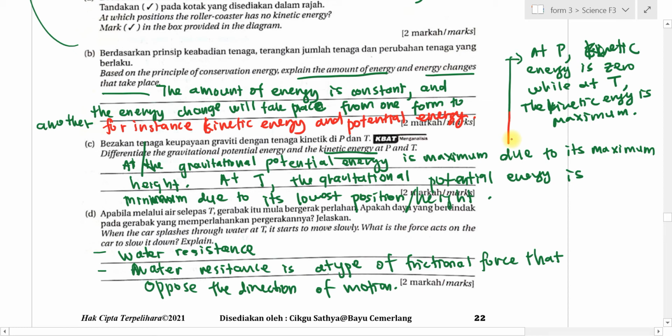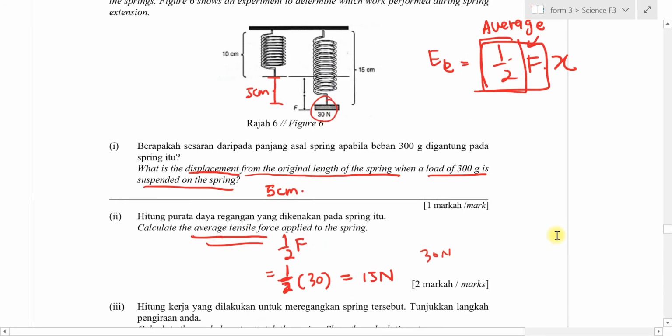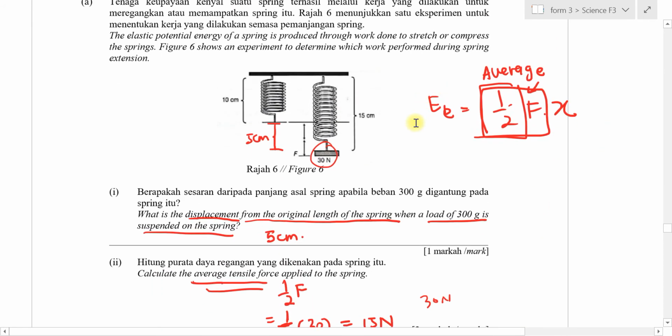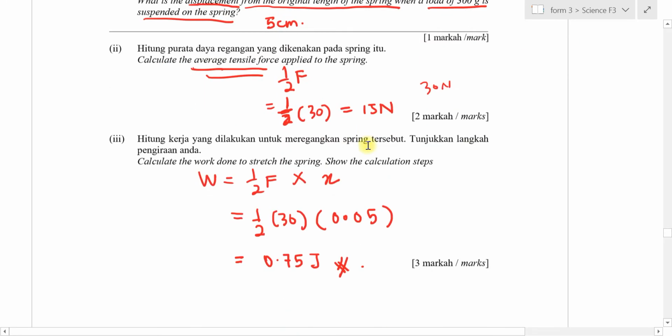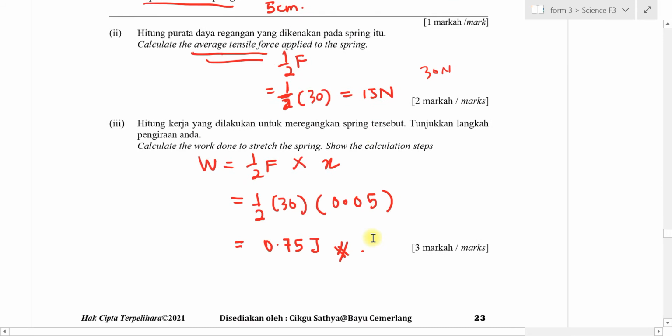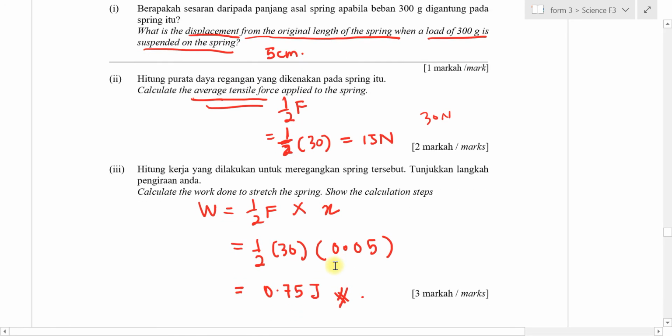So finish writing everything. Okay, average force, 0.75. Moving on,